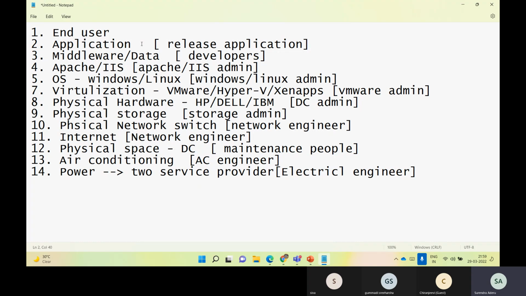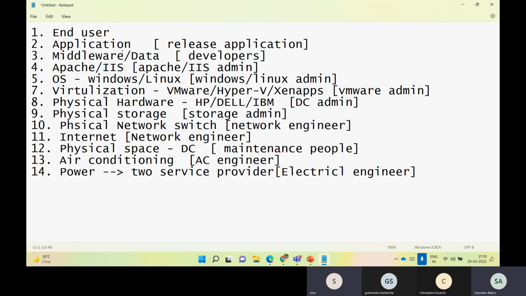These are very basic things I just want to give you. This is not a technology, right? Now you have an idea, like we have been simply using Facebook or Instagram or Twitter or Google as an application. Now you realize what is the effort, what is the number of layers, what is the number of people typically working in the background to give one application as a service to the end users.